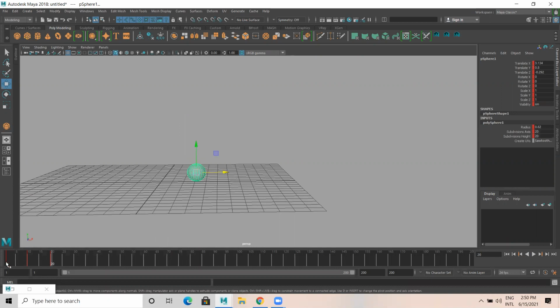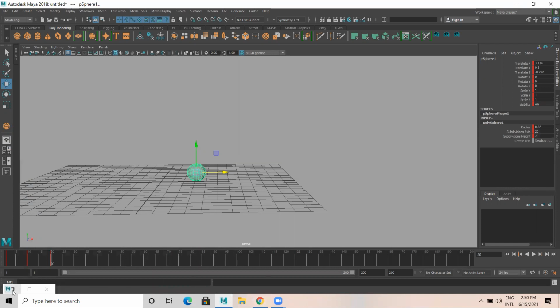Means whatever value there is from here to here, this will be copied from here to here. That is called cycle with offset. Offset is nothing but a duplicated value.